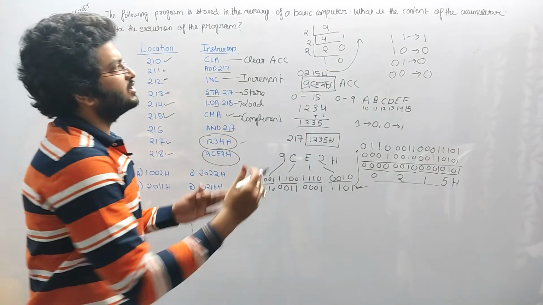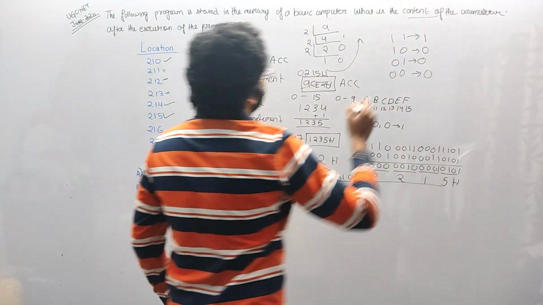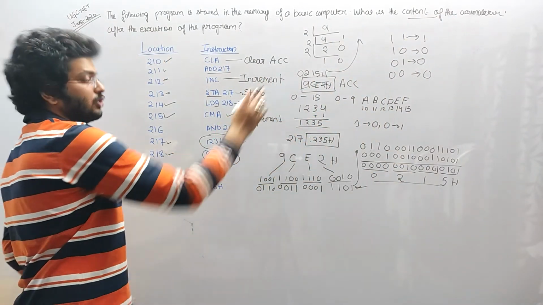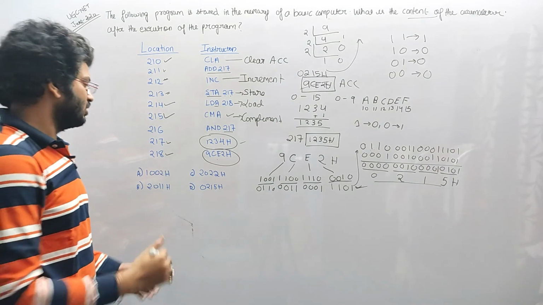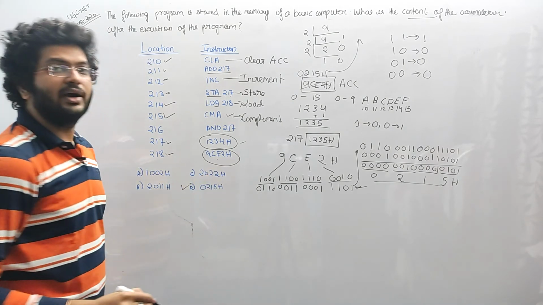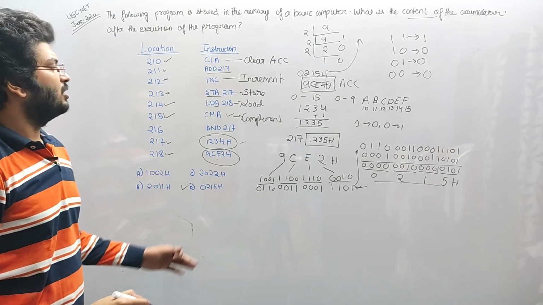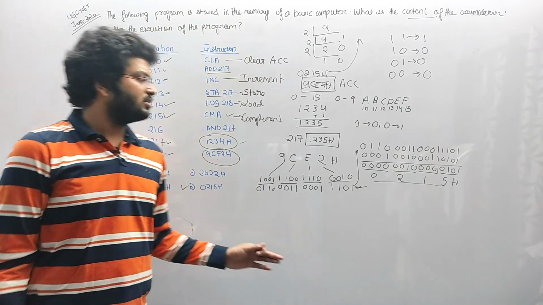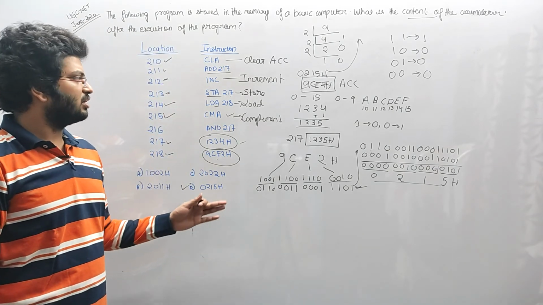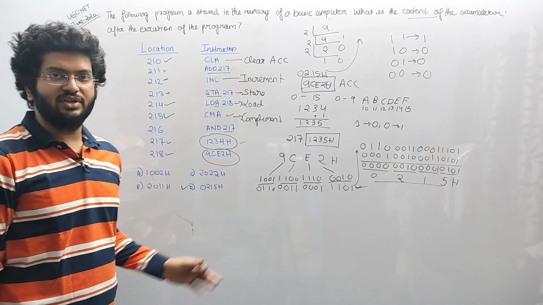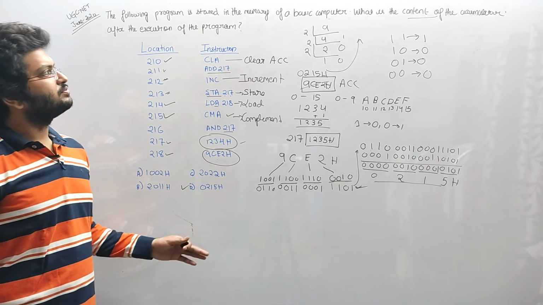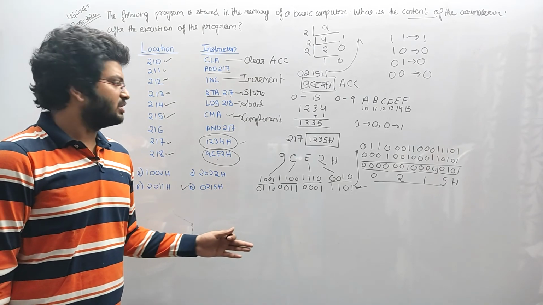It was asked what is the content of the accumulator. So basically this is the content of the accumulator after the execution of the instruction. So option D is the correct answer for this. These types of questions have been asked for the last 2-3 years. This type of question has been asked in every set. Watch it out and do practice such types of questions.